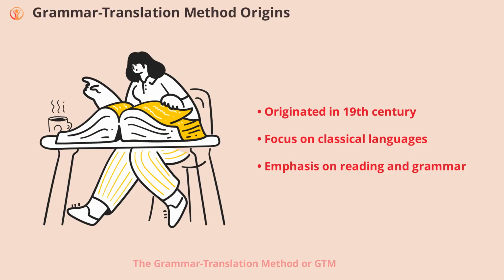The grammar translation method, or GTM, originated in the early 19th century. Initially designed for teaching classical languages like Latin and Greek, it was soon adapted for modern languages, including English. The main goal was to enable learners to read literature and understand grammatical structures, rather than to speak or listen